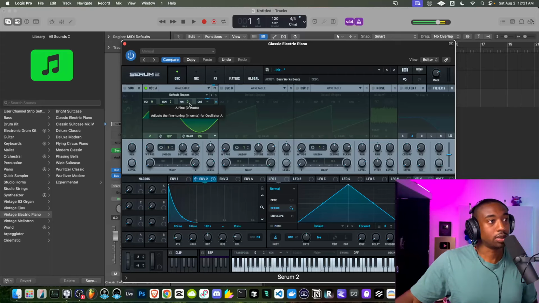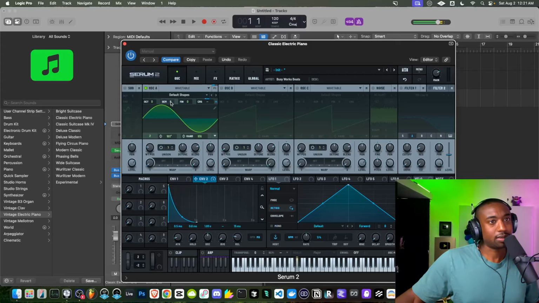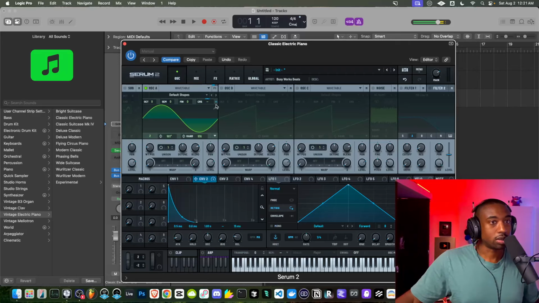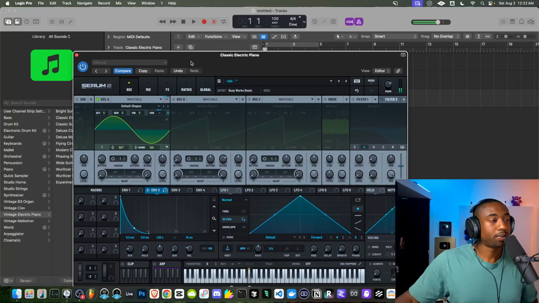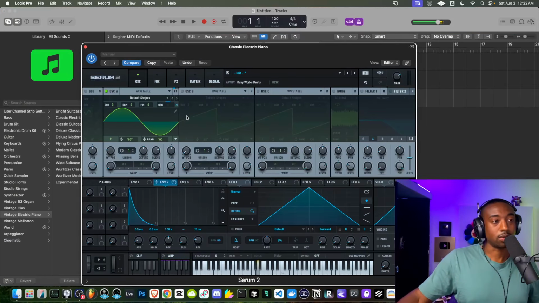If you do it over fine tune, that's the smallest range for the pitch, and semitone is like a medium, and then octave is just too blocky sounding. So we're going to do it over the coarse. I think by default this is running through a reverb. Let's turn that off. Okay, so here's what the sound sounds like so far.